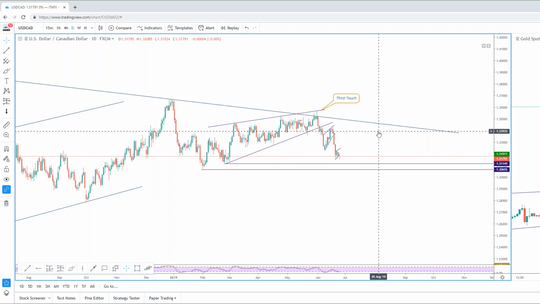I'm not going to let it stop me, because what we all must make sure that we take into consideration, and something that, if you've got a pen and paper handy or notes on your desktop, you should write down: news creates volatility. It does not change market structure. So once again, news creates volatility. It does not change market structure.